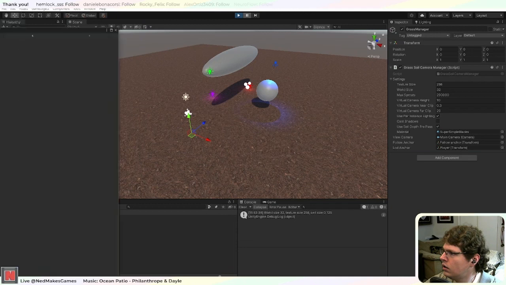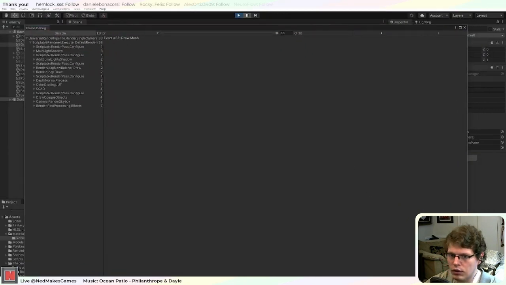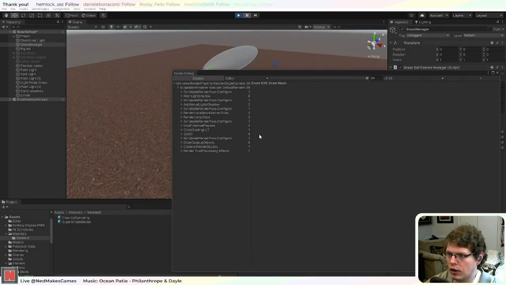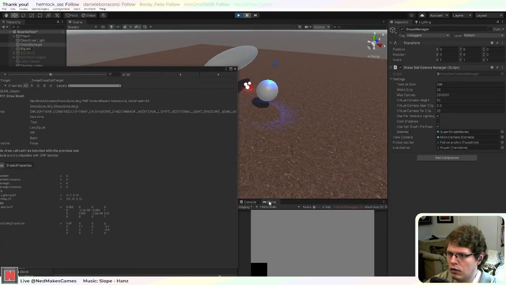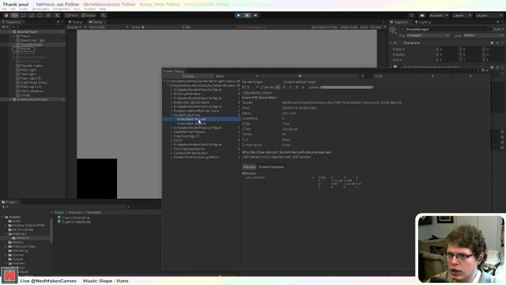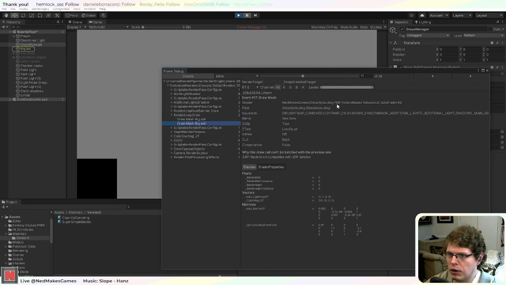It's always a little difficult to diagnose bugs whenever you're doing anything kind of like a compute shader. Okay, first problem is, when you use the frame debugger, you kind of need to have it open. So this is drawing our depth only. Oh, okay, here's the grass sprouting pass. So at least we know that's running, but